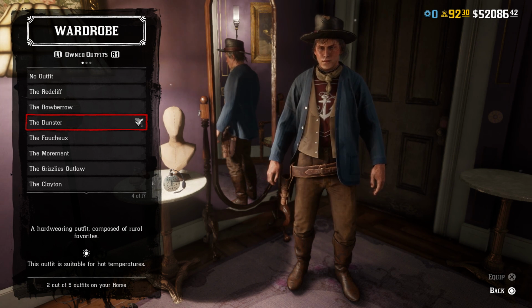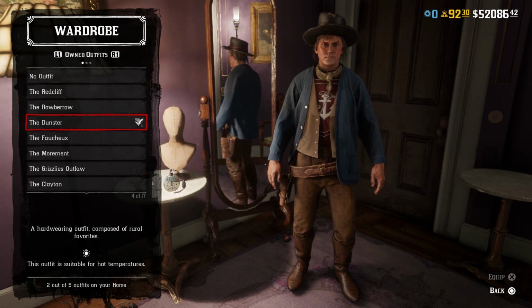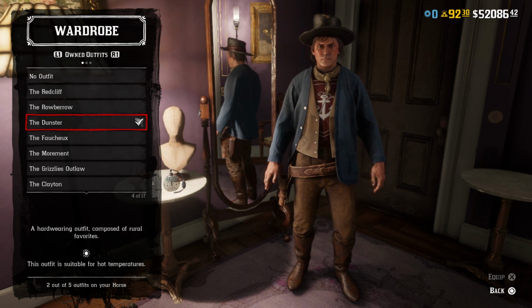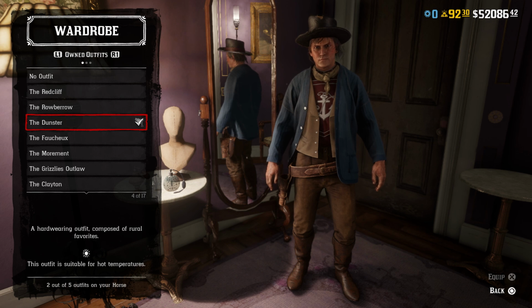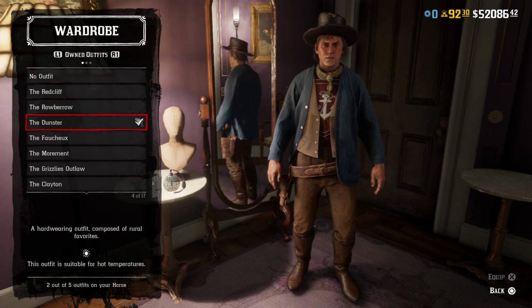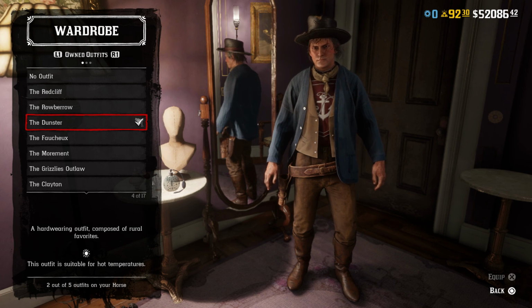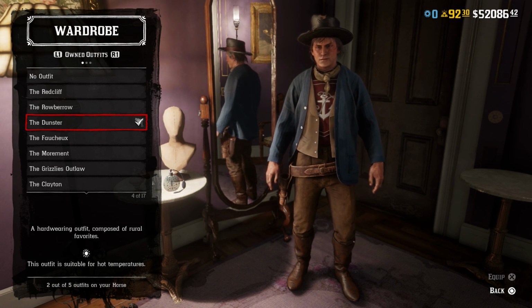No reason to go through the items. If you have this outfit, you know what the outfit is made of. They are individual items, but you just click on the Dunster and it puts it on. The only thing that you can change about it that I would do is the weapon equipment here. I used the brown gunslinger gun belt with only one holster because he did not have two holsters, and so that's the only thing to change about this outfit. Other than that, you just click on it and play, and it's basically perfectly accurate for the historical version of